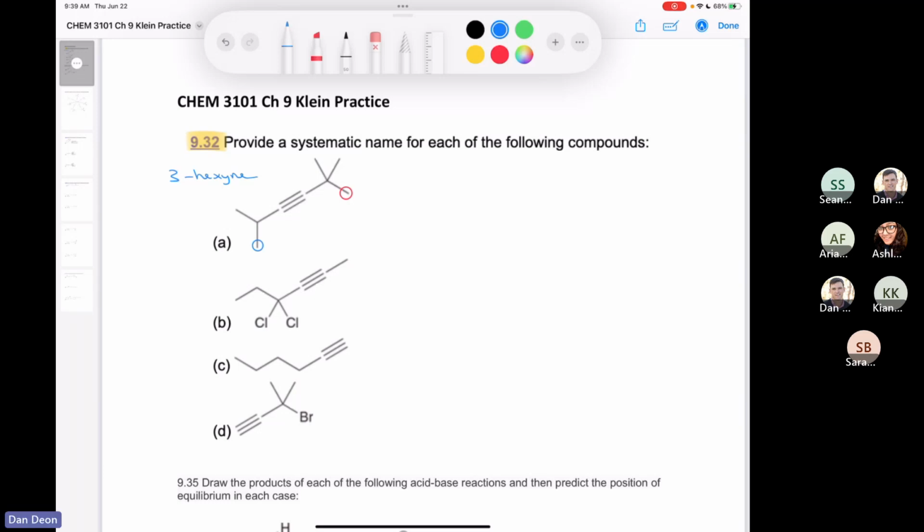Yeah, I started numbering at the red carbon. Thanks, Sean. Yeah, absolutely, because then I've got 2,2,5 trimethyl as opposed to 2,5,5, right? So there we go. So we're going to start numbering at the red carbon. So I'm just going to put here 1, 2, 3, 4, 5, 6. So we've got 2,2,5,